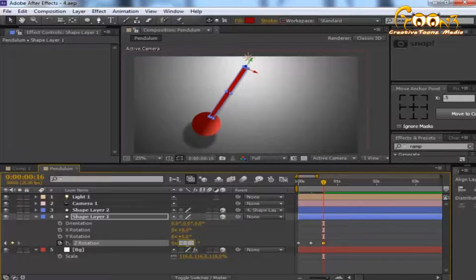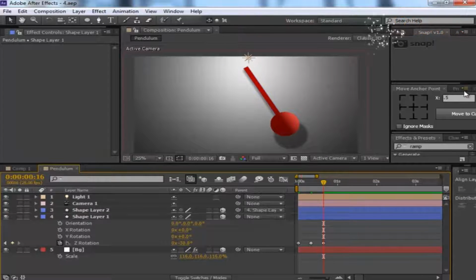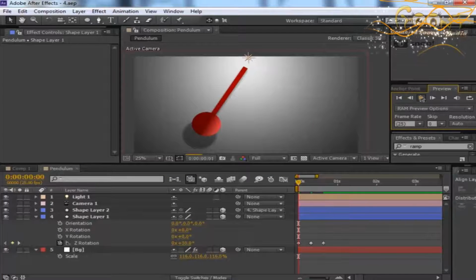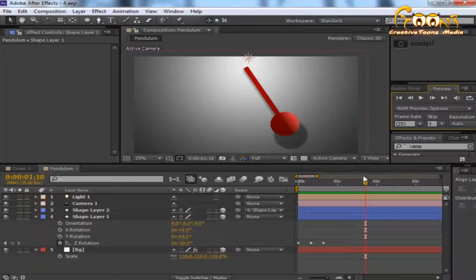Sorry, it should be minus 30. Now when you preview, it will show the pendulum goes down, and next it's not coming back, so we need to